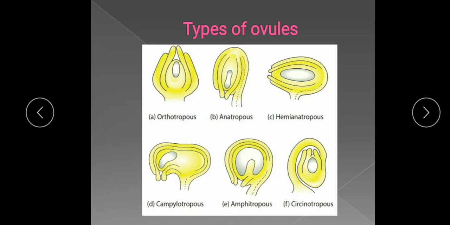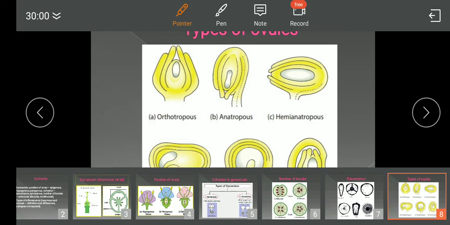Now next is hemitropous. Hemitropous type of ovule. Here in this type, the body of the ovule is turned through 90 degree, and it is horizontally placed. You just see its condition is horizontally placed on the funicle. So funicle is here, and on the funicle, due to this turn of the ovule, it becomes hemitropous. Now here the micropyle and the chalaza, they are in a horizontal line, and funicle lies at right angle to it. This is seen in primula.